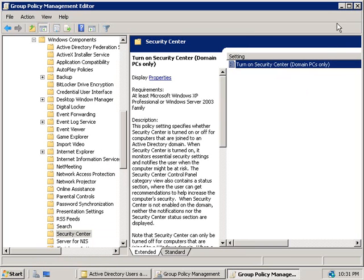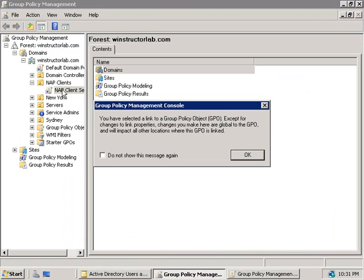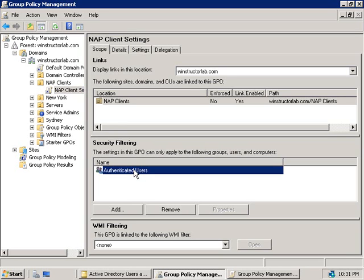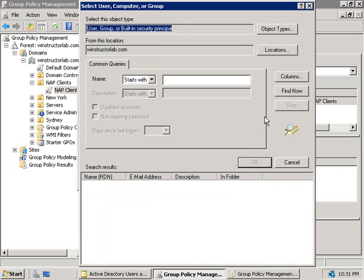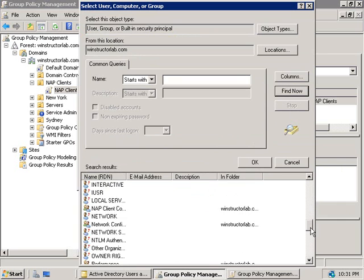Now the next step will be to configure a security filter so that only our clients apply our NAP settings and not our servers. So we'll need to ensure that we have our NAP client settings policy selected in the Group Policy Management console, and in the right-hand side here under Security Filtering, we'll need to select Authenticated Users and we'll click Remove, and then we'll click Add, Advanced, Find Now, and we'll scroll down and we'll select a group